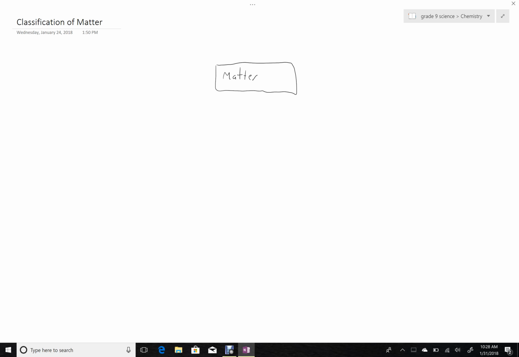And by matter I mean things that have mass and occupy space. Those types of things can be broken into 2 basic categories. Pure substances